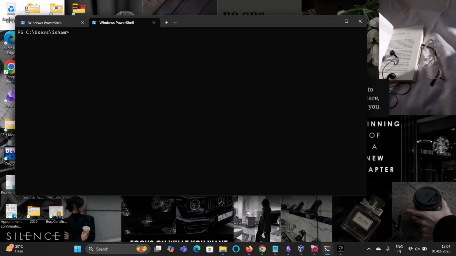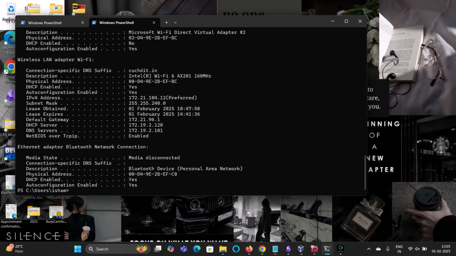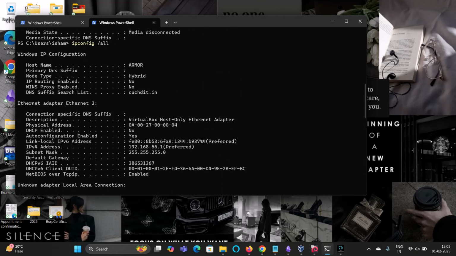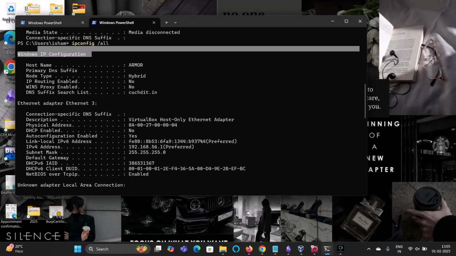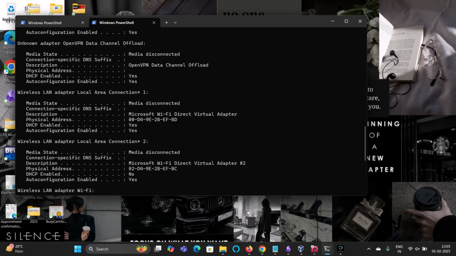Moving on further, after using whoami /groups, you get the email ID, so you can also work upon that particular email ID. And after that, what you can basically do is check the ipconfig. ipconfig is basically to check the IP address of that particular system, and you can also use ipconfig /all in order to check all the IP addresses it is connected to, or the network it is using. Look, it is giving the Windows IP Configuration, host name, and then what kind of services it is using, physical address,